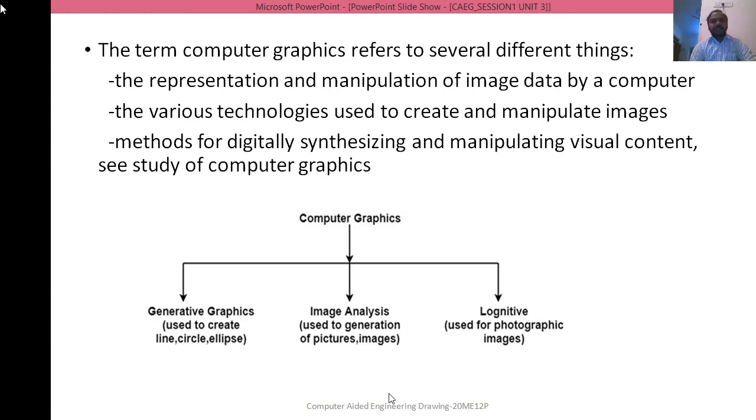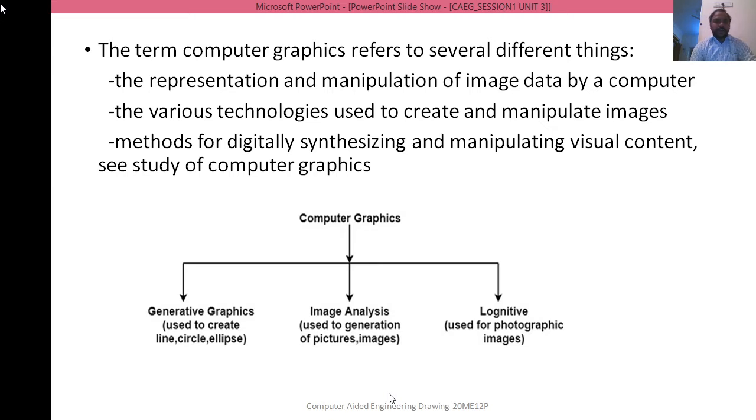That means graphics uses various technologies in order to create images and also manipulate images. Methods for digital synthesizing and manipulating visual content is also one of the applications of computer graphics.